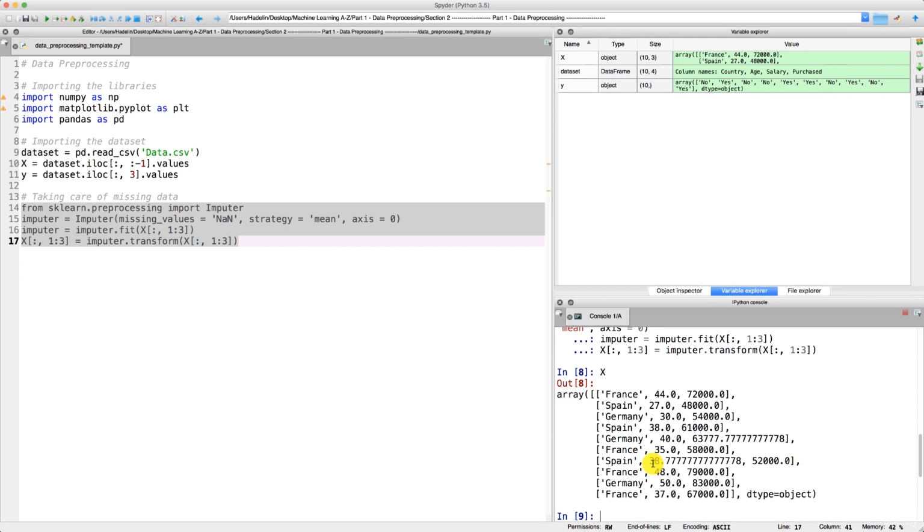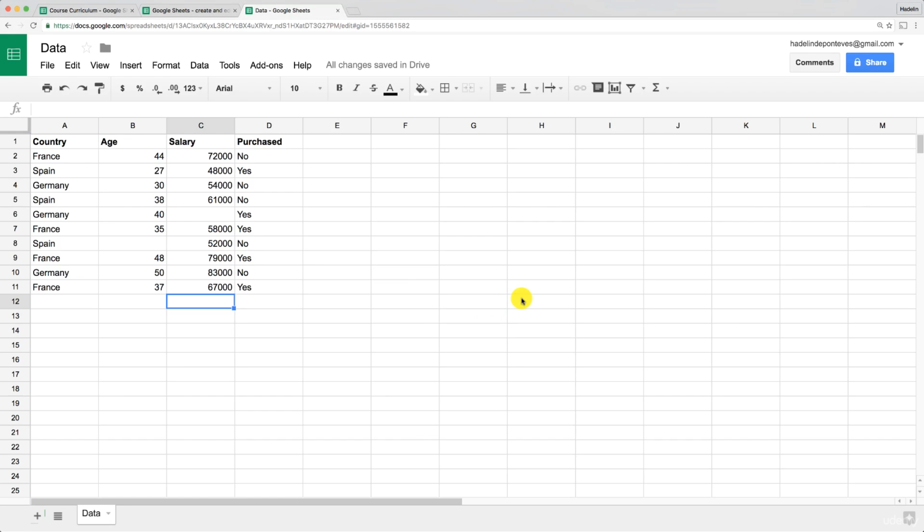Okay, and let's check that. Let's check if it's the right values on Google Sheets. Okay, so here on Google Sheets. So the first missing value was the salary here. So let's compute the average. So we have to type equals average. Here it is. We take all the observations of the salary column, parenthesis, enter, and here is the average. So it's 6